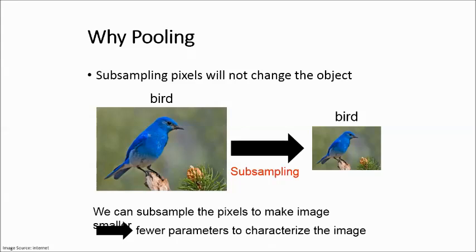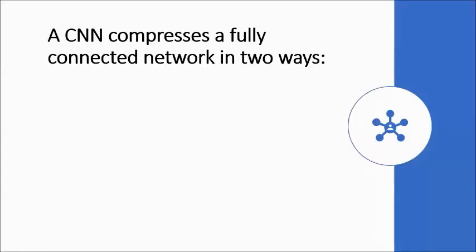Instead of max pooling, there is another pooling called average pooling. So instead of taking the maximum value, you will have to calculate, for example in a 2 cross 2 region, the average value of these 4 pixels and take it. So that is the only difference between max pooling and average pooling. So that's all about max